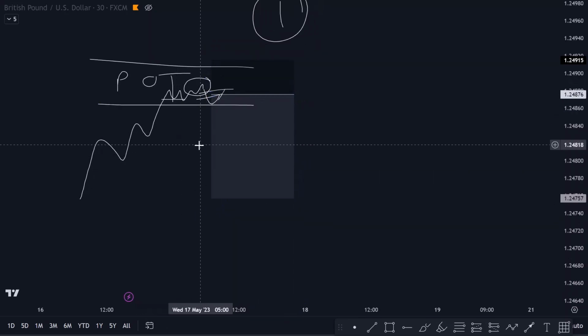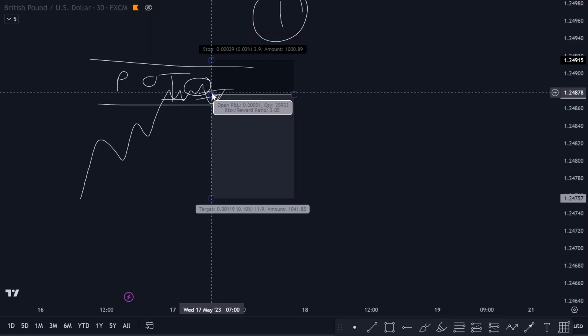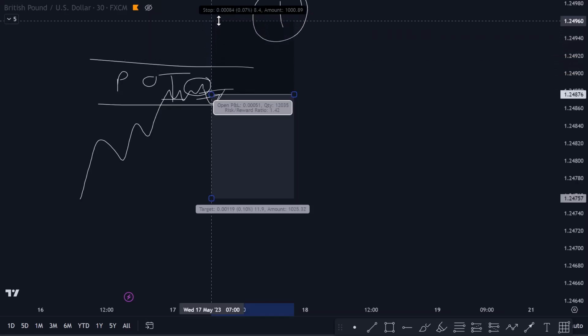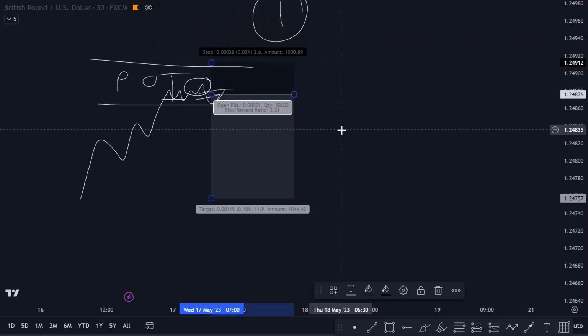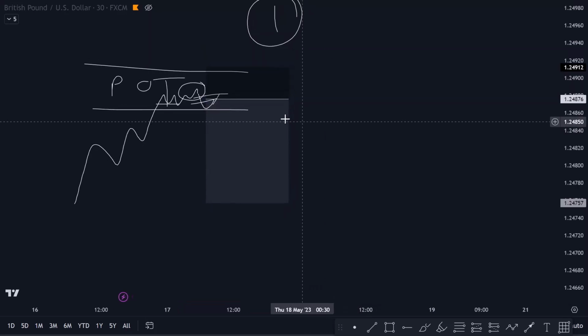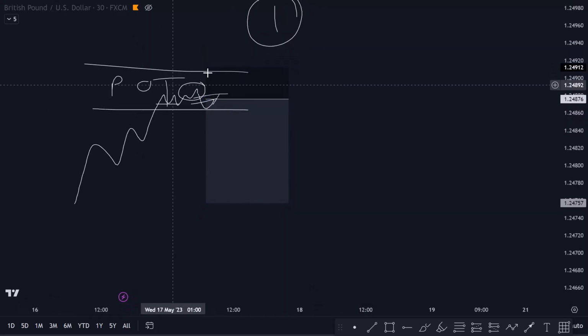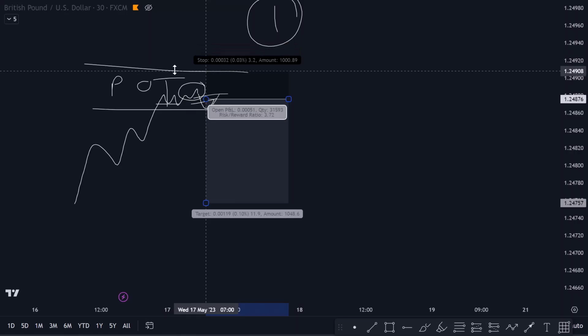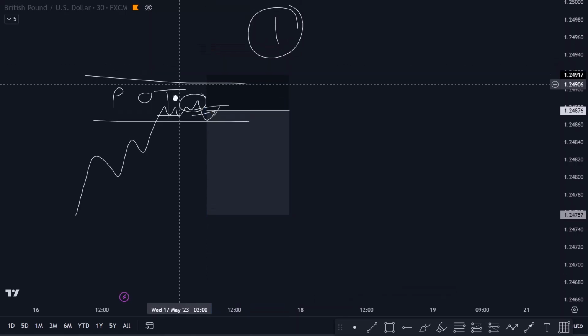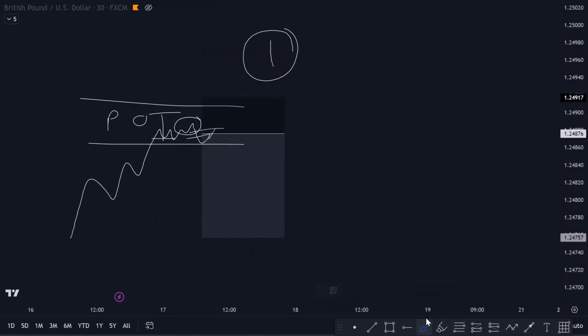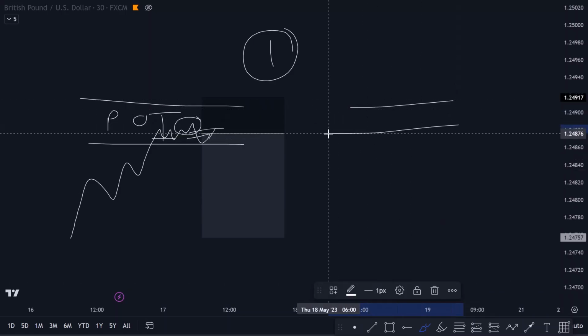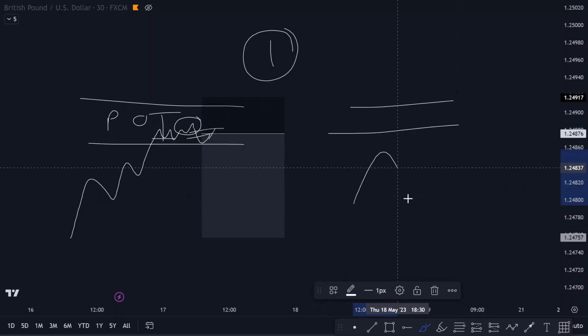I know sometimes you will say, okay, what if the point of interest is too big and then I enter at the beginning of the point of interest and my stop loss is too huge? That's why you need to watch the other ways. But if you have a small point of interest, then just to secure yourself, and that's mostly with a sweep. When you have a sweep, let's say you have a point of interest and then a major high here. When you have a sweep